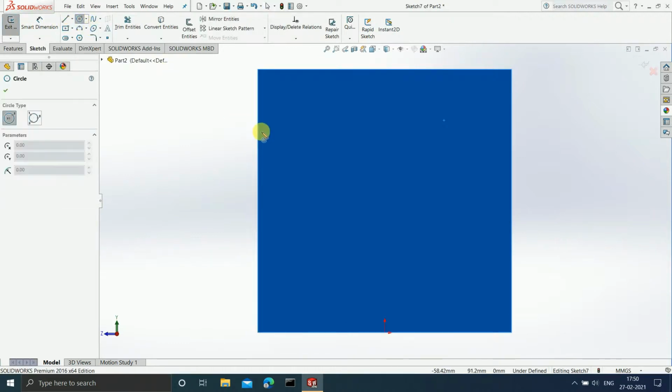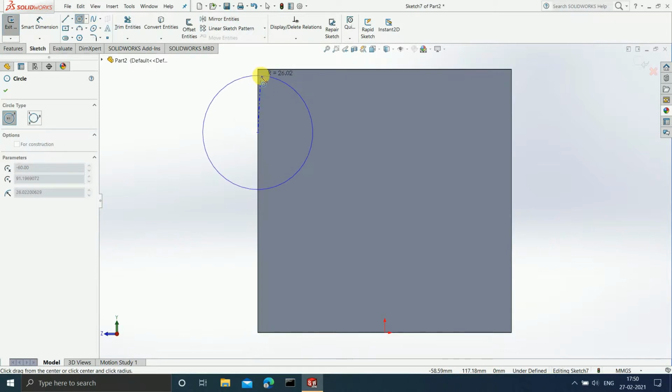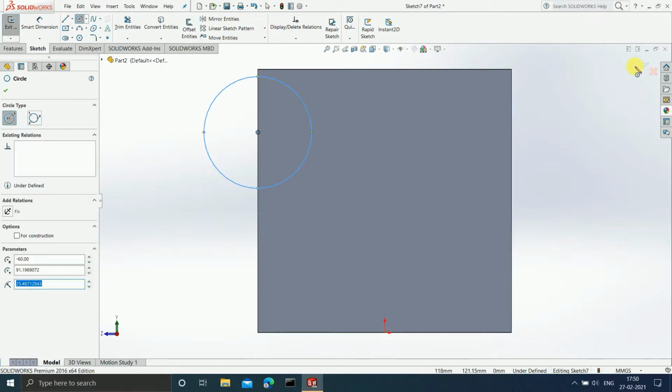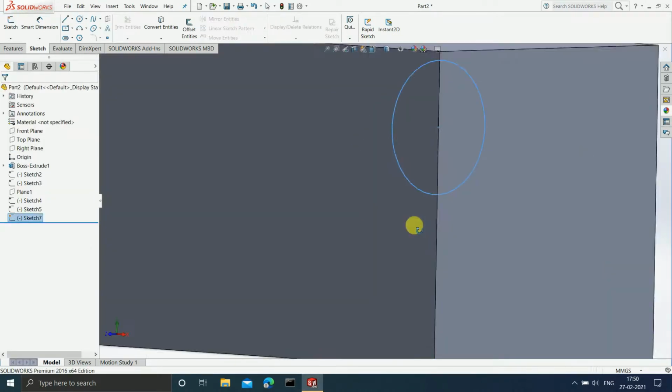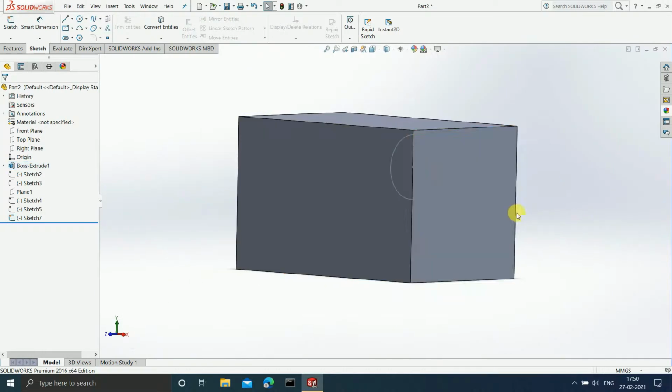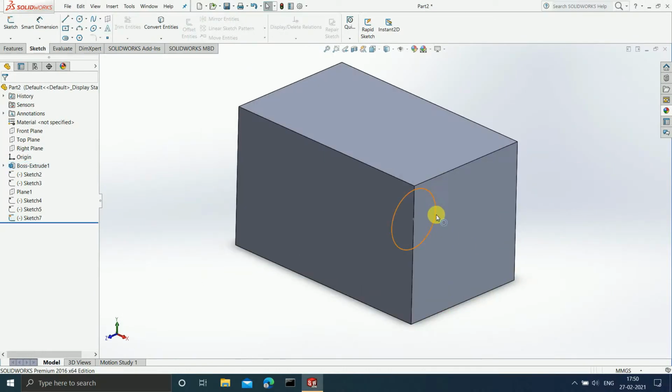I am purposely drawing on the edge so that, with the cut that is being created, you will be able to see how exactly the cut works. So let us draw a circle of any particular diameter. Done. See, I have drawn a sketch on this plane. Can you see? Okay, done.